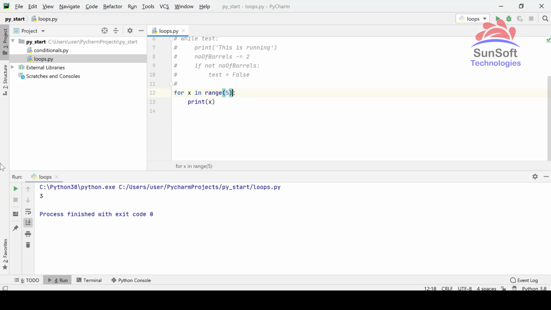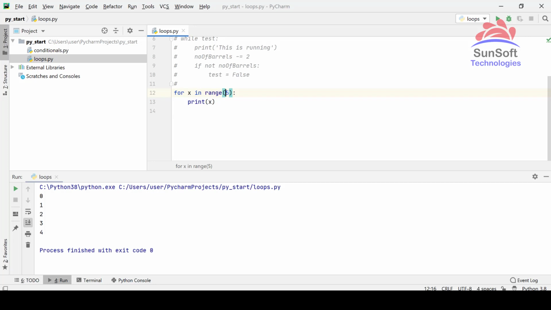So stop will tell you where you have to stop the range. If we print out x now, what it will print out is 0, 1, 2, 3 and 4. So we see that this has given us a range from 0 to 5, but not including 5. Whichever stop you give, it will not include that.